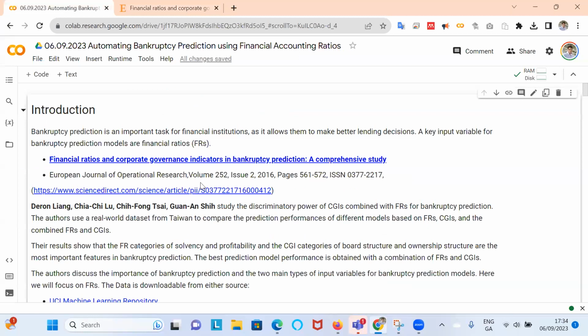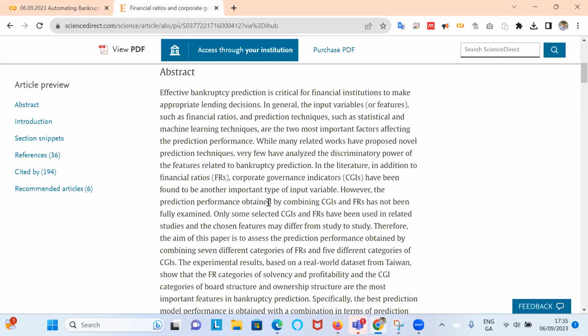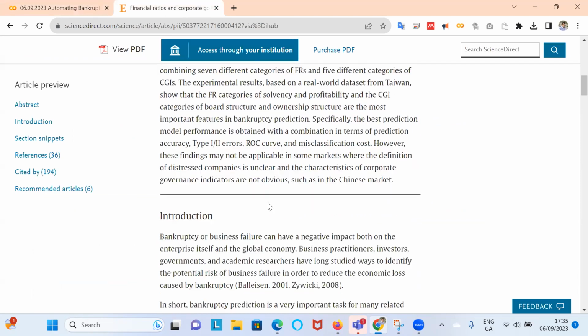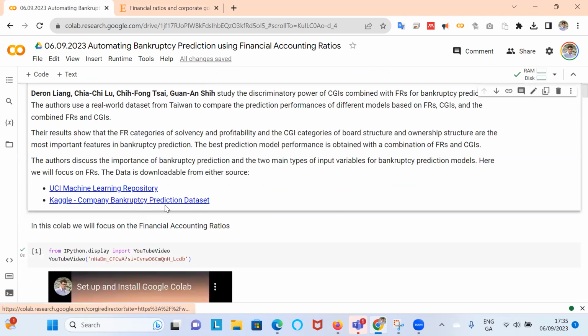Now, a very nice aspect here, it's a beautiful paper. A lot of the time, our issue revolves around we can't replicate because we don't have the data. Turns out the data is available in Kaggle, and I shared a link here. It's also available on the UCI Machine Learning Repository.